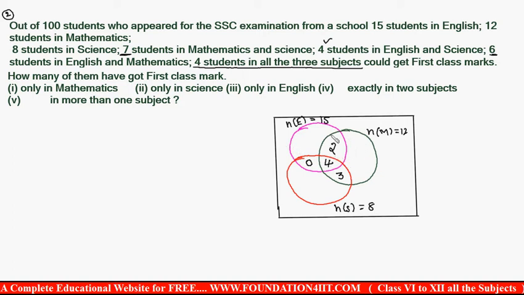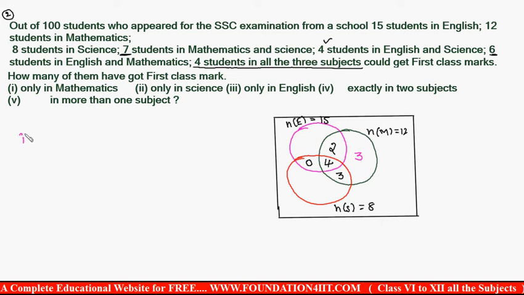Now this entire circle is for maths. You can observe this entire green circle is maths. The number of students in maths is 12. In that, 2 plus 4 plus 3 plus this gap also should be 12 combined. So 2 plus 4 is 6. 6 plus 3 is 9. 3 more we need to represent this. More 3. That means only maths is 3.